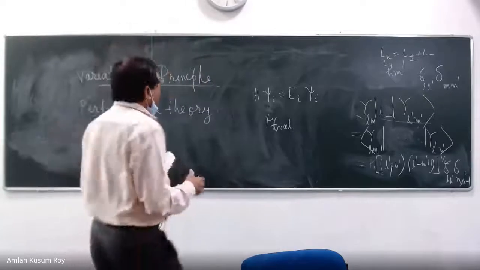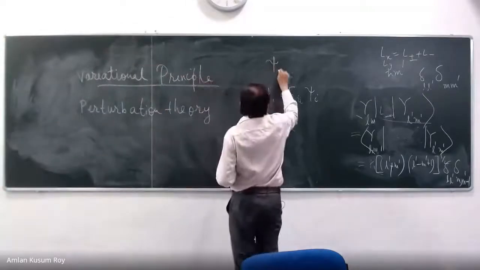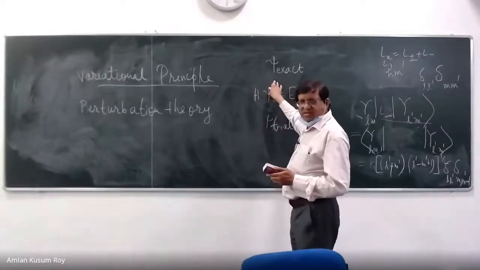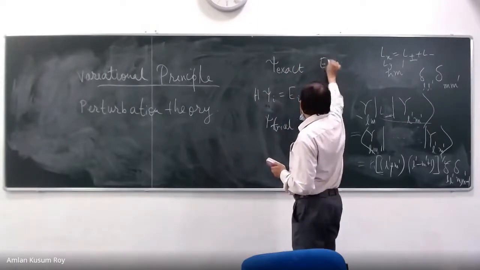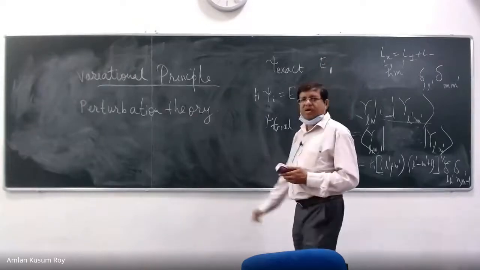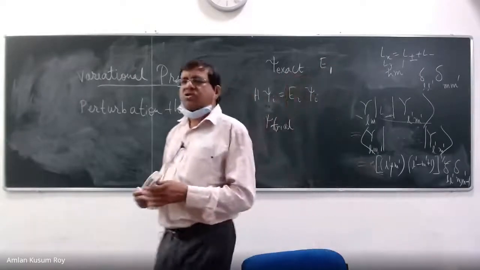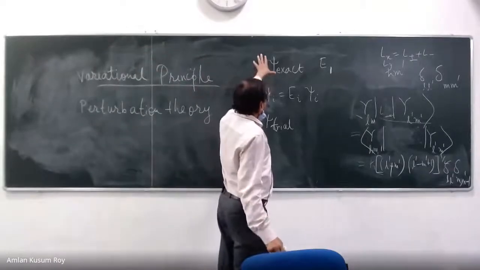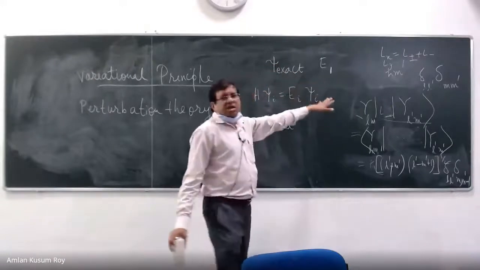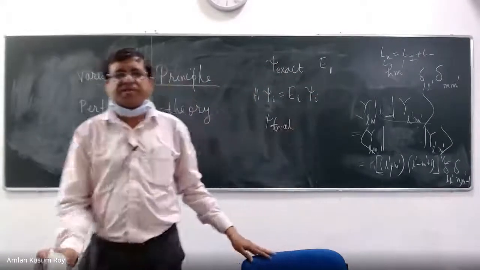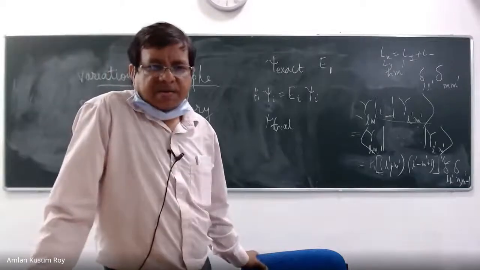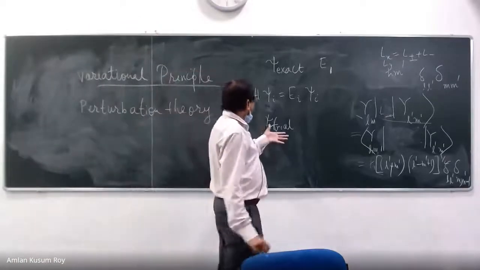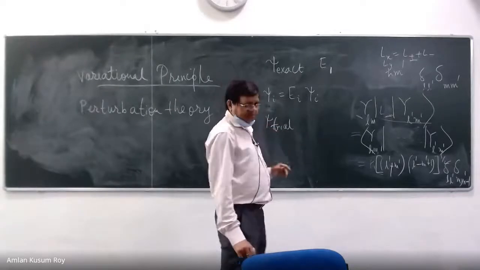Your exact solution is something out there, which of course you want to get. The corresponding eigenvalue, the corresponding energy, I want to call it E1. I am following the notation of Levine's book, so please use that. So what is psi exact? Psi exact means the hypothetical case of the exact solution, if it is known to me. Okay? So I am going to compare this with a trial function which is known to me.